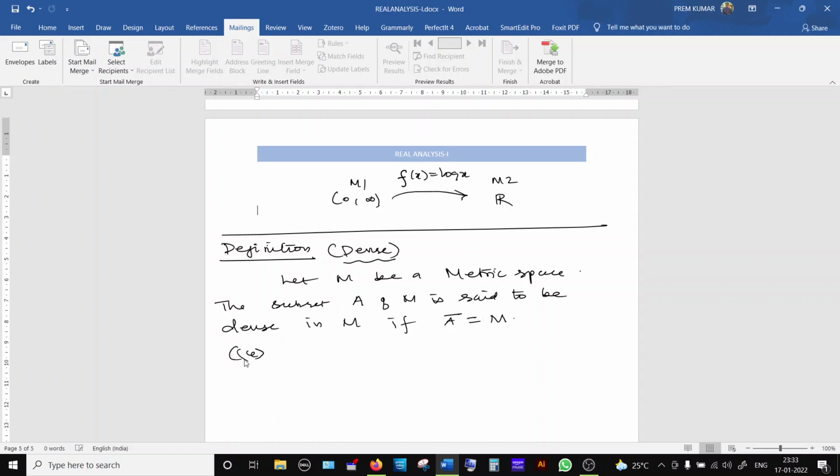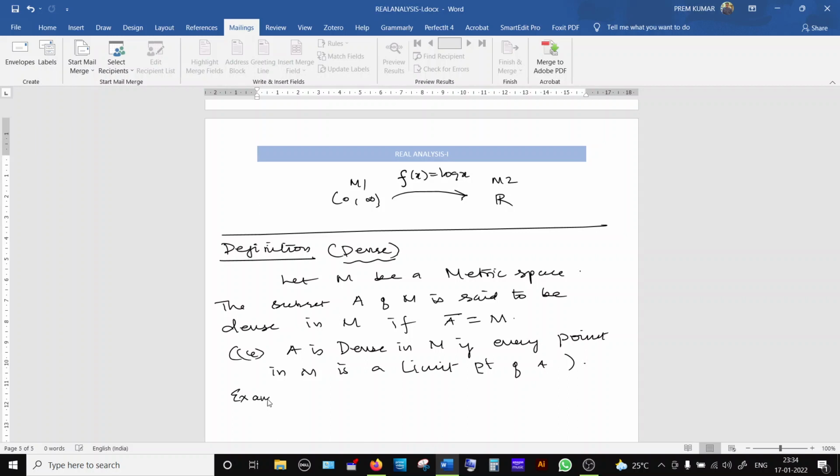That is, A is dense in M if every point in M is a limit point of A. Very good examples are